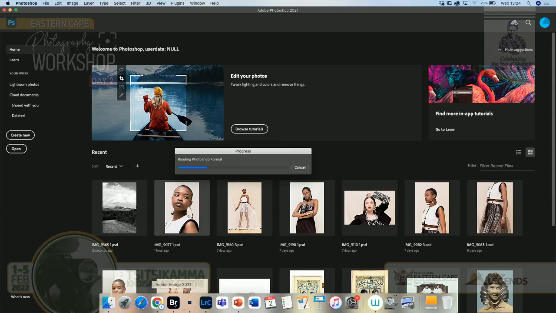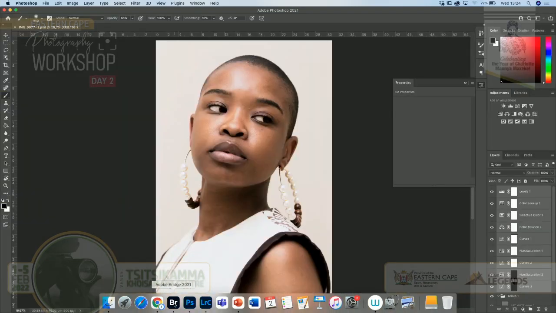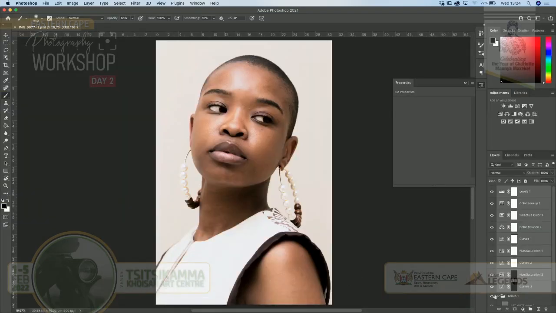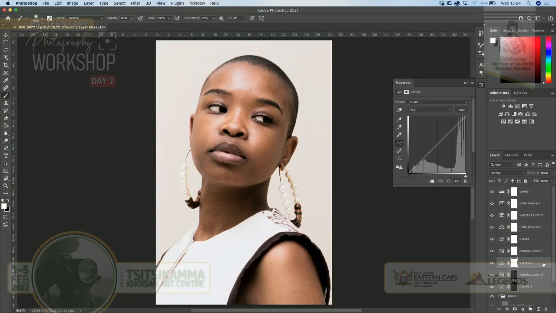So this is the thing with RAWs. Sometimes they just take really long to open because they are a lot bigger than the JPEGs. But the thing with RAW is you can do all this editing. With JPEGs, it's a bit difficult to do that. So what you'd want to do, I just want to double check. You can go to